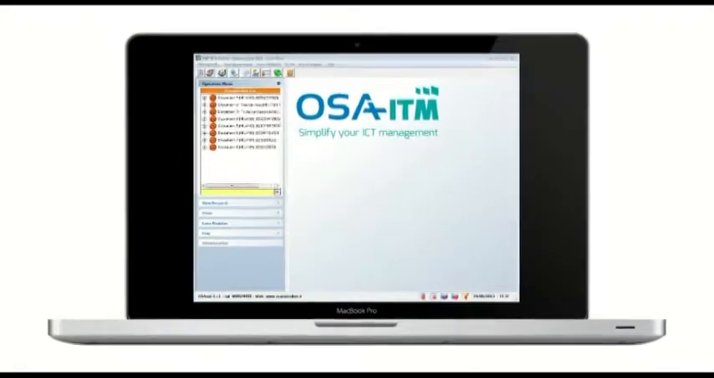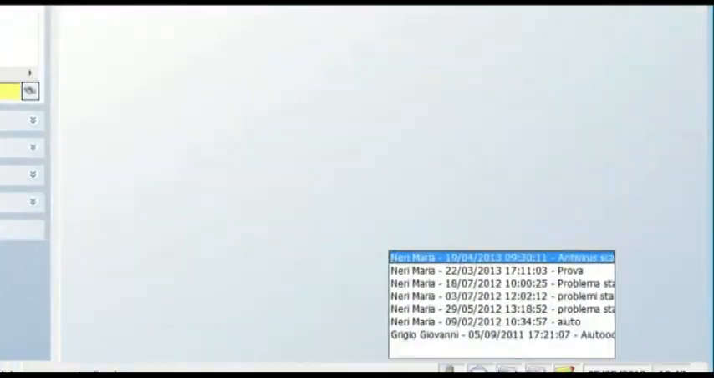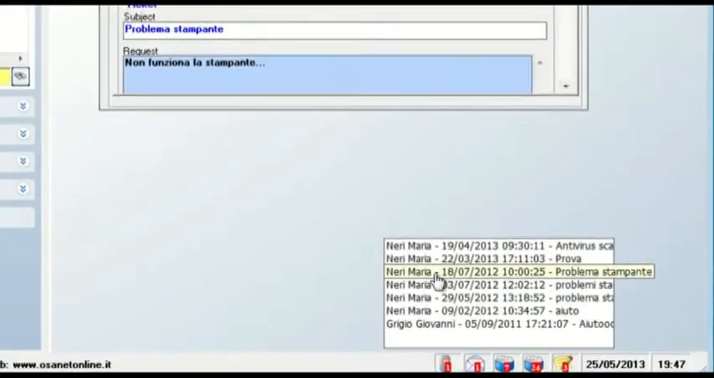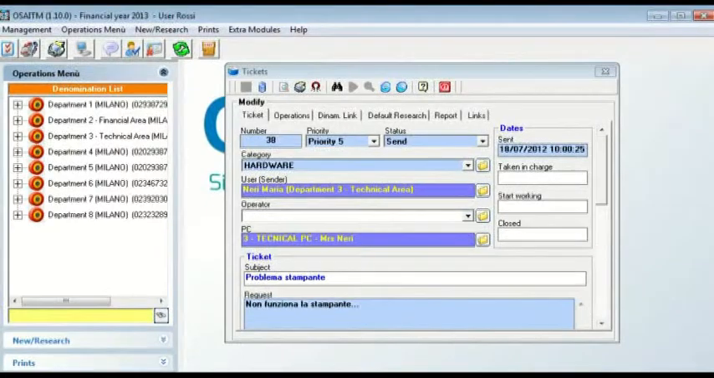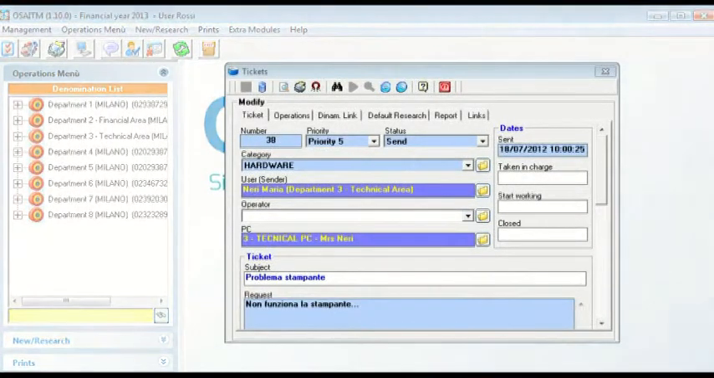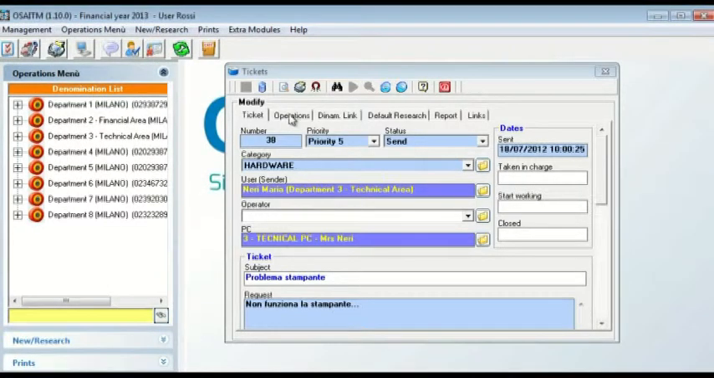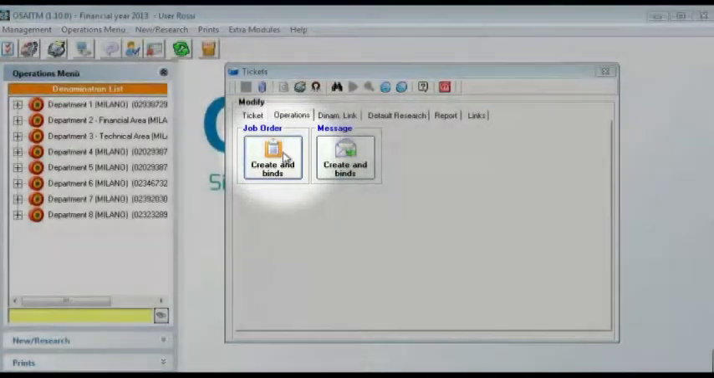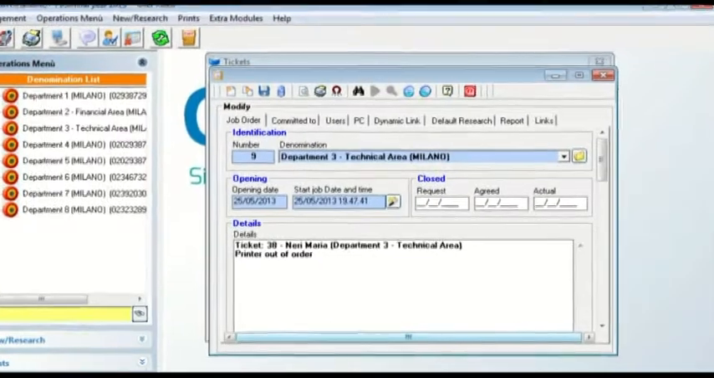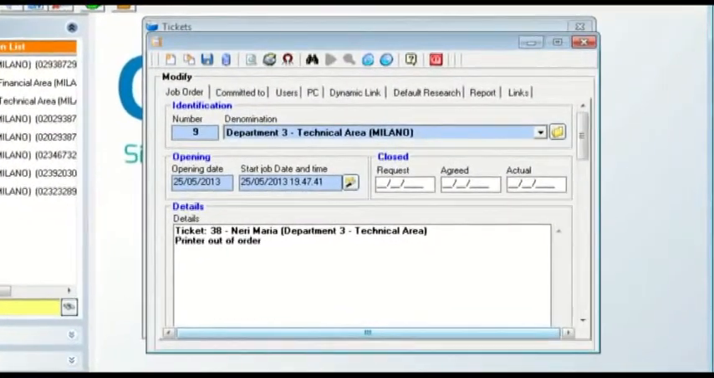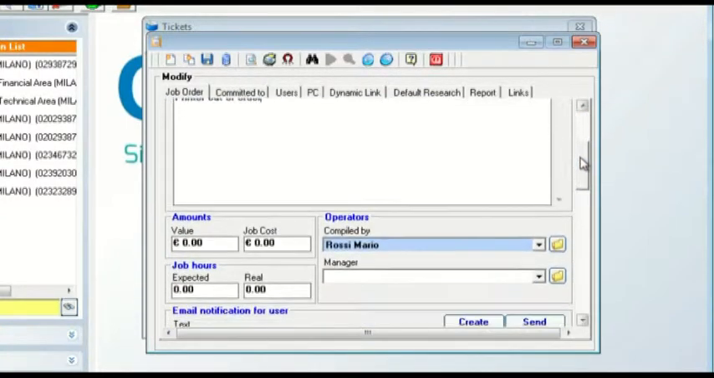If you need to schedule an intervention plan of the technical activities or outsource the management of the ticket, OSAitm allows you to manage all work orders. The IT operator can automatically generate a job order from a previously received ticket. In addition, it is possible to submit additional information useful to carry out activities, including the project development in economic